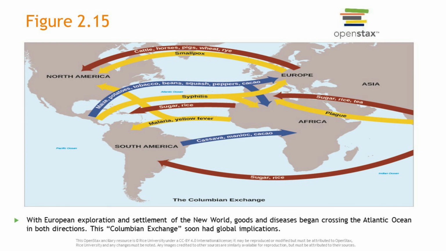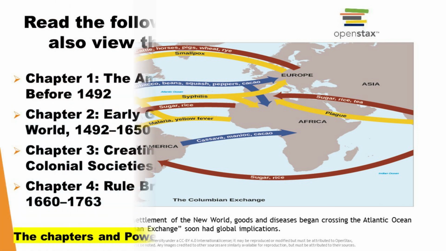And they believe that a lot of these different diseases that were acquired by Europeans is because they were living in close proximity with animals. You have cattle, you have horses, you have pigs. These animals get diseases sometimes, and those diseases can jump to people. Depending on what you believe for coronavirus, for COVID-19, that kind of seems like it might be a trend too. Maybe going from bats to people, but who knows? I think we're still kind of going down the rabbit hole trying to figure out what exactly is going on for COVID right now. So that's the Columbian Exchange.